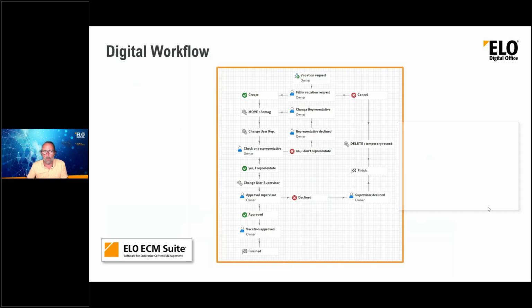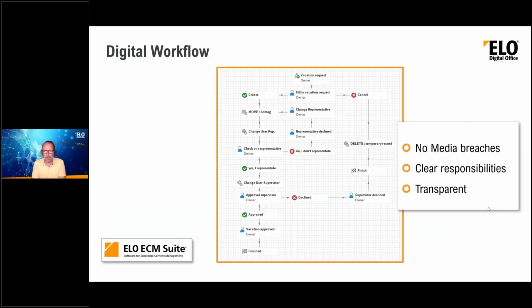And the digital workflow has some benefits. You don't have media breaches. So you're always in the same environment because the form is filled in the ELO ECM suite. The representation is created in the ELO ECM suite, and the approval of the supervisor is done in the ELO ECM suite. We have one form which runs through all the time, and then when it's finished, it gets archived